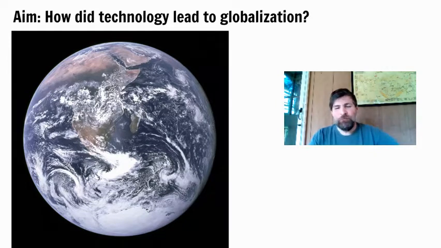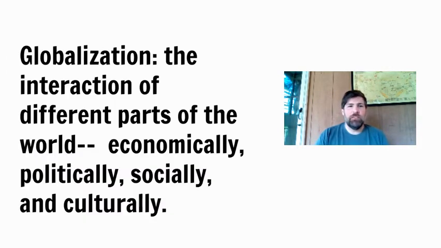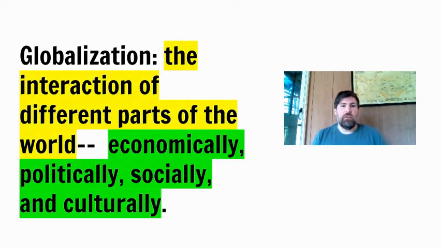It's good too. So how did technology lead to globalization? Let's define it. Globalization is the interaction of different parts of the world, economically, politically, socially, and culturally. Now, that statement, which you should write down in your notes, has two parts. First, there's the interaction of different parts of the world. That's the most important part. So different parts of the world, which used to be separate, are now, because of technology, coming together and interacting